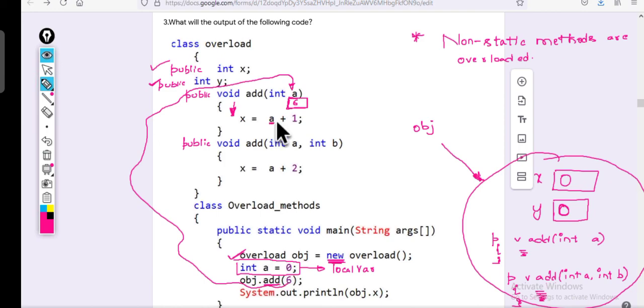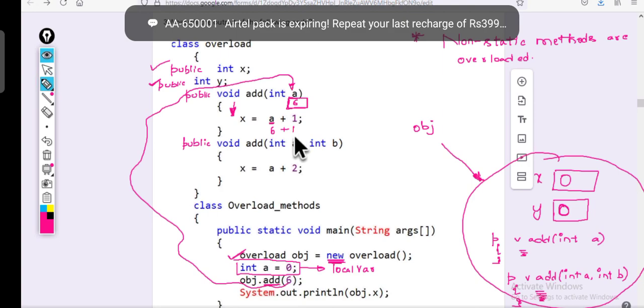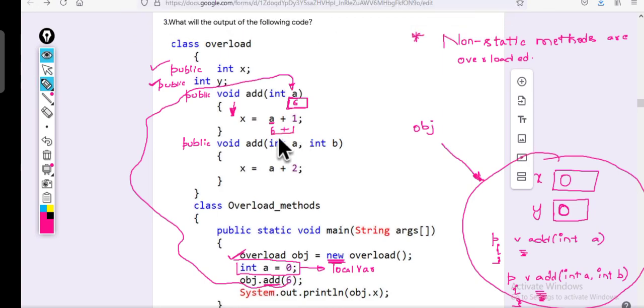Then which a is this? Argument a, 6. 6 plus 1, how much? 7. Give it to x. The x value became 7. Go to the next line.